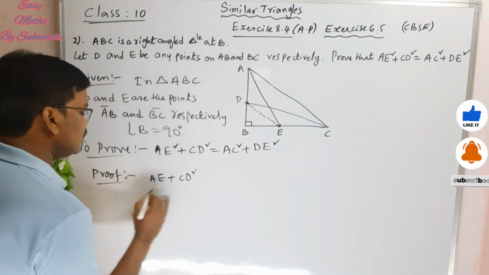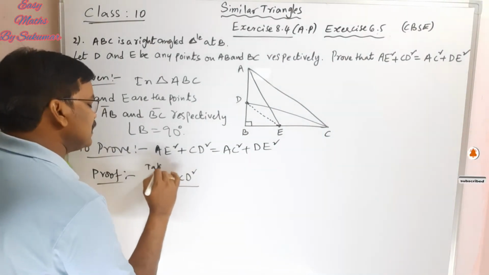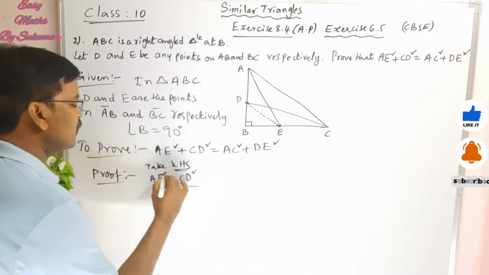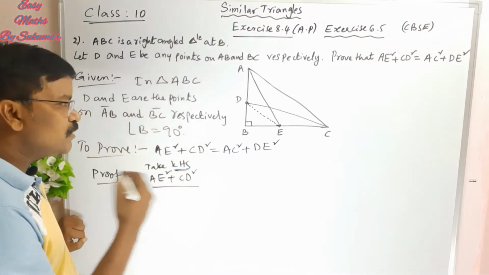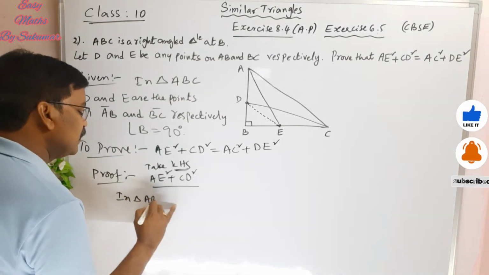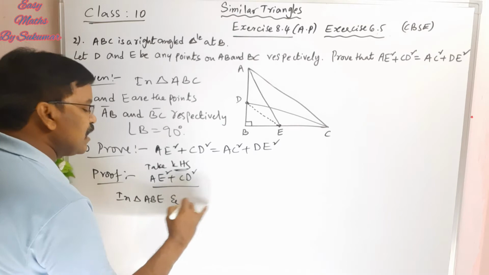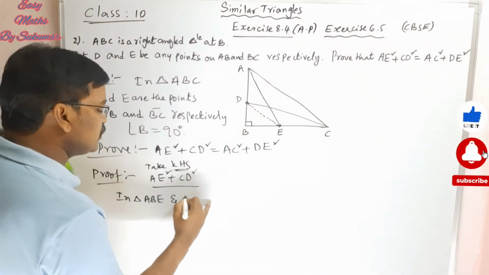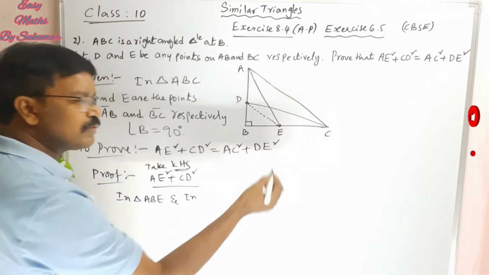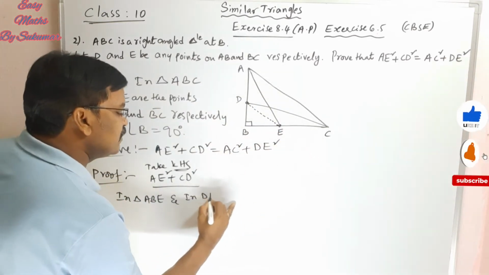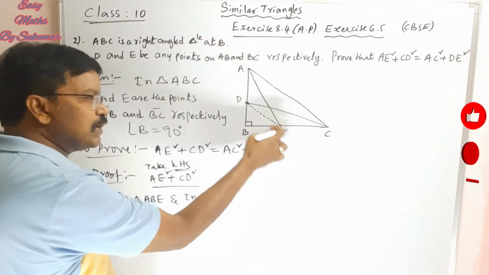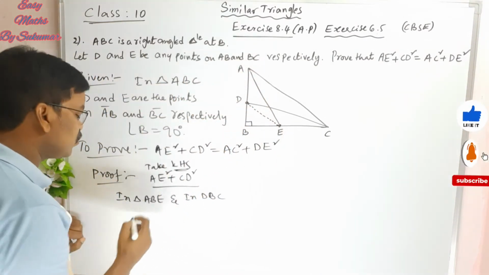Okay, see here, we will take this one first. That is LHS. Look, AE square plus CD square. See, my dear students, AE is in triangle ABE, and CD is the hypotenuse of triangle DBC. So here AE square is equal to, according to the Pythagoras theorem,